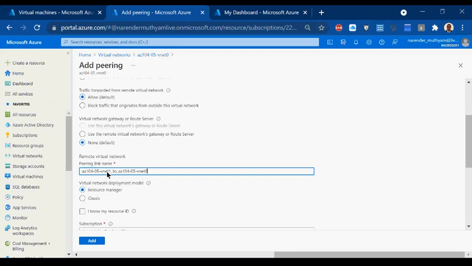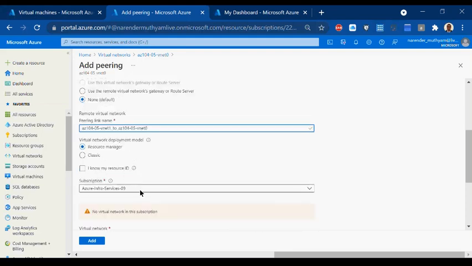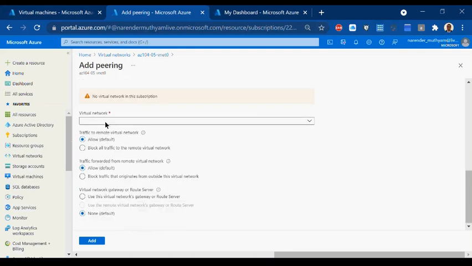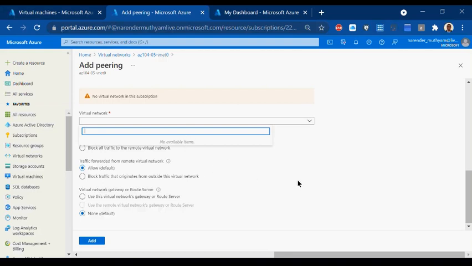Remote network. Remote network means you should have remote network first, and then this is the subscription, and this is your resource group. Everything you should have, keep it ready now here, and here you should be able to see the VNets here. Once you see the VNets, then you're all good, but still unfortunately it is still not showing. So the only thing is we have to wait for it, nothing much we can do, because Microsoft thinks that, I mean, they have some timelines here.